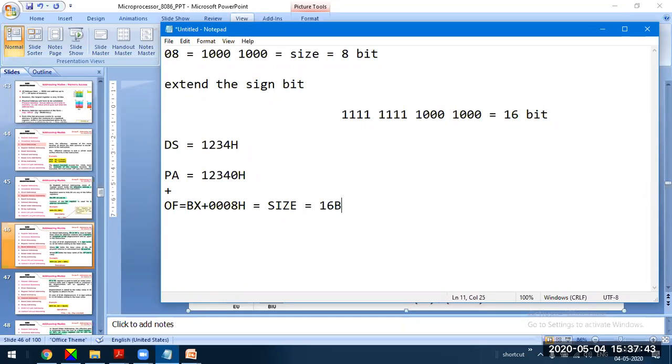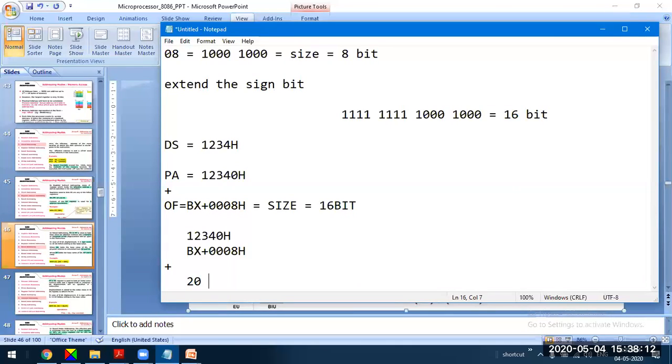So it adds 12340H plus whatever is obtained from adding BX plus 0008H.